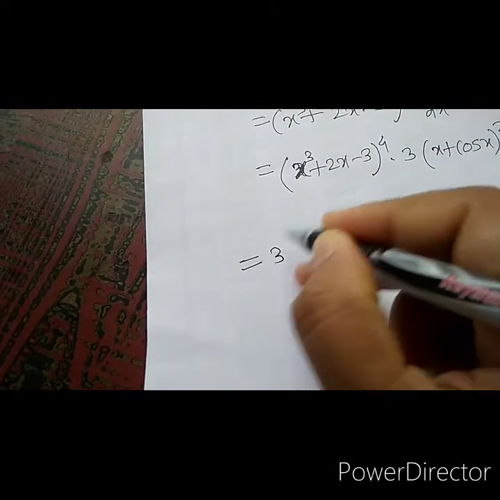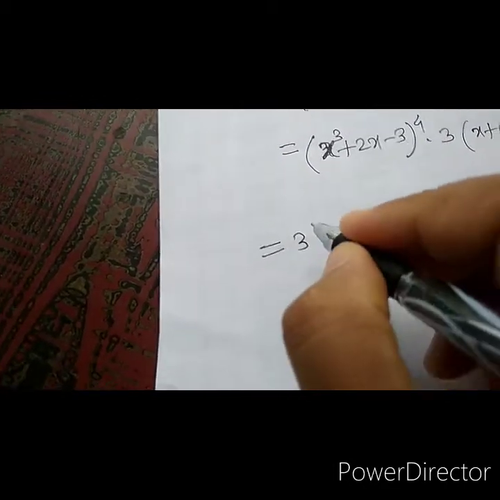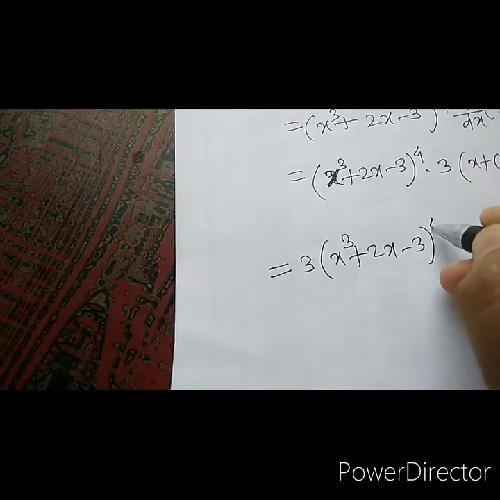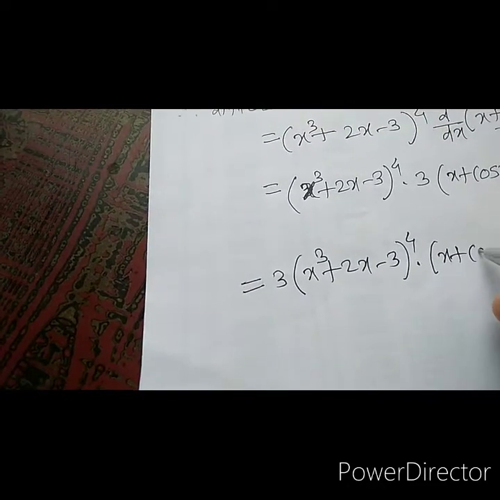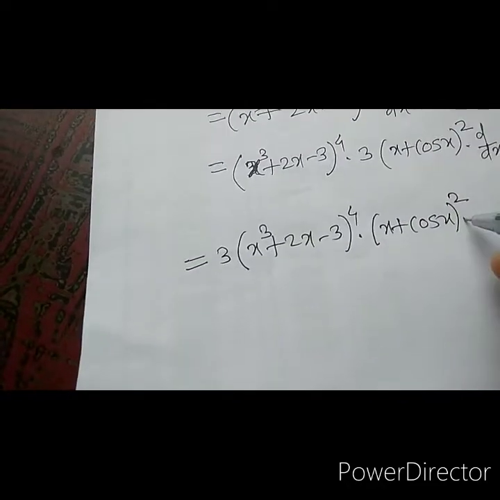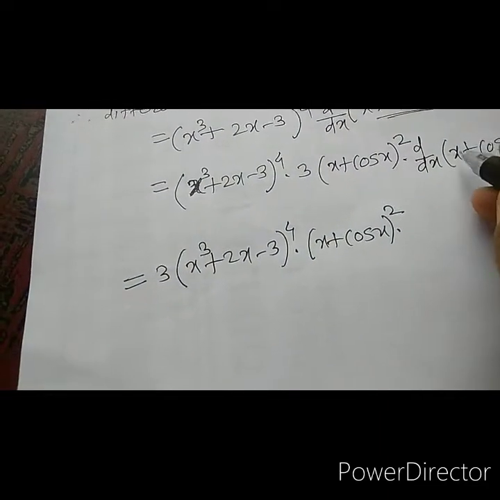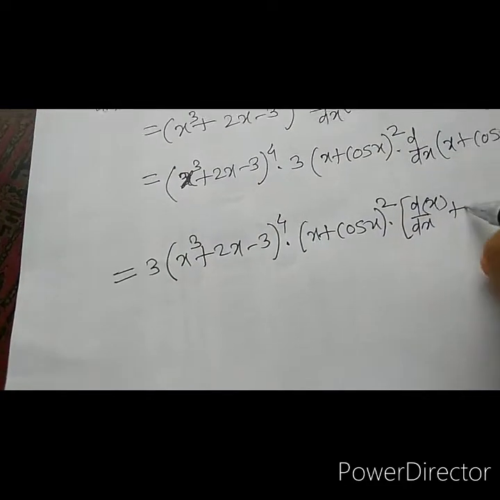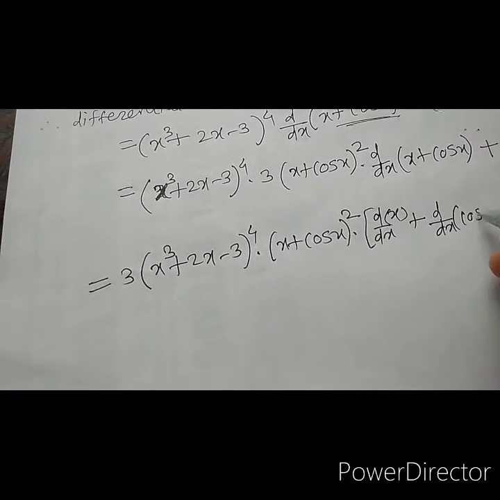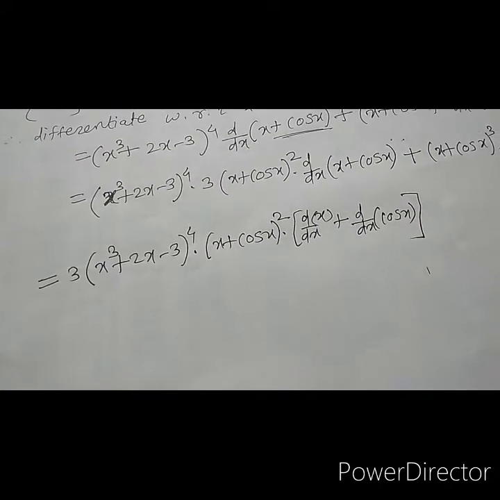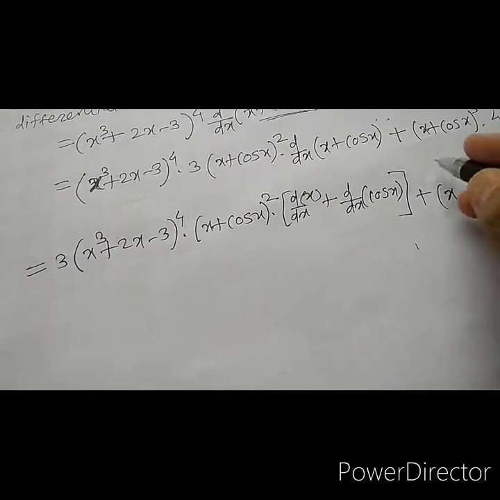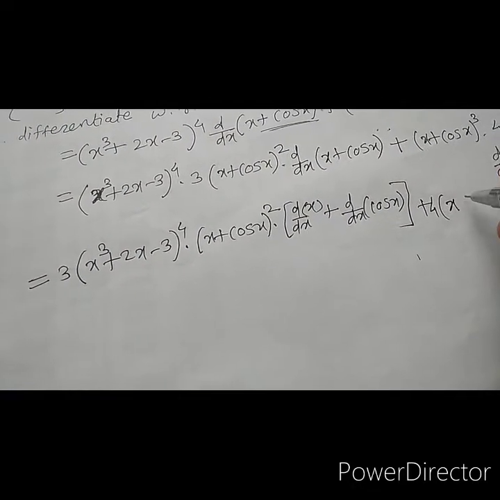Therefore, this 3 we can take first, 3 (x cube plus 2x minus 3) raised to 4 into (x plus cos x) bracket square. Now we have to take the derivative of each term of this bracket. So d by dx of x plus d by dx of cos x, plus 4, we can write first 4 in bracket (x plus cos x) raised to 3 into